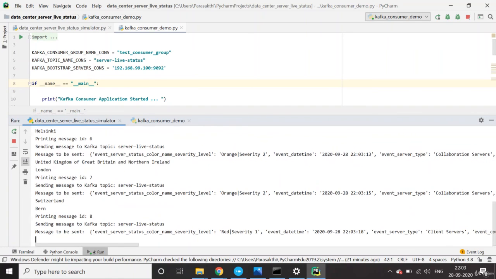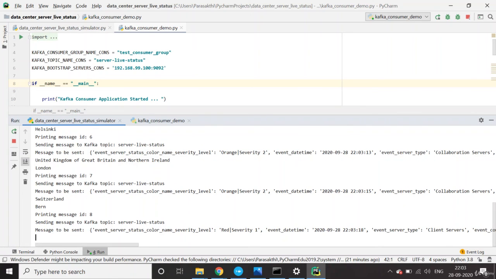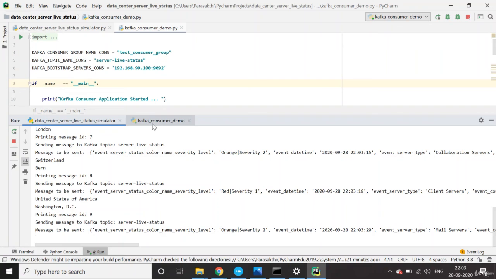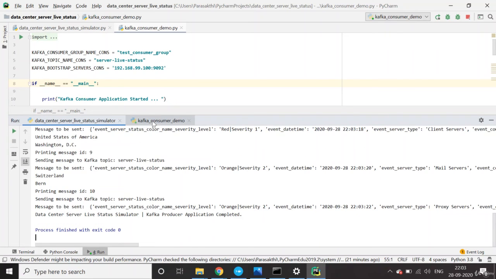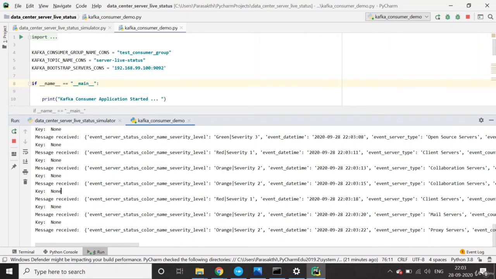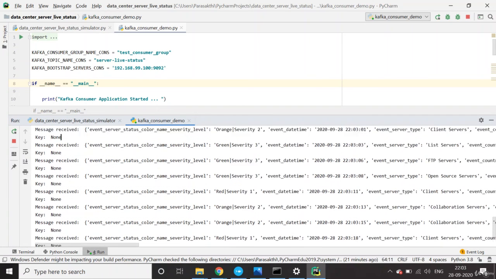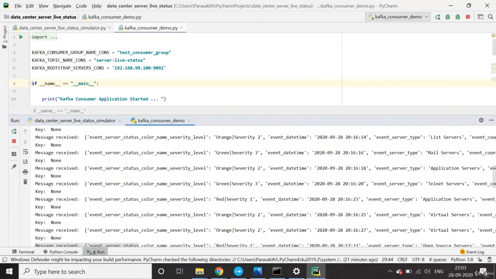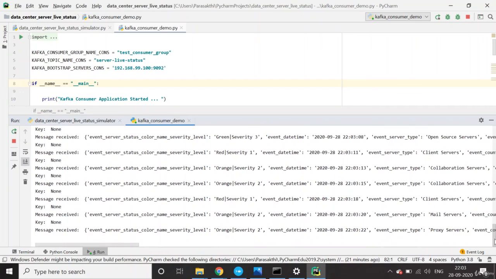Okay, so it is published messages. Yeah, all these messages got consumed here. The older messages are also getting consumed, so that's why we got a lot of messages.